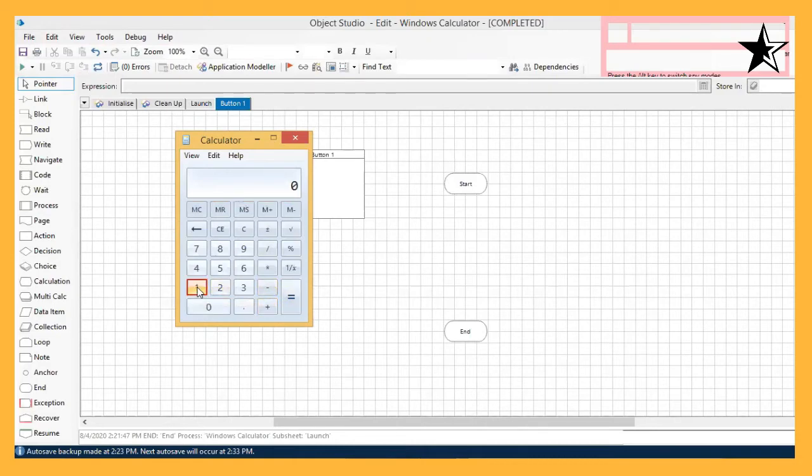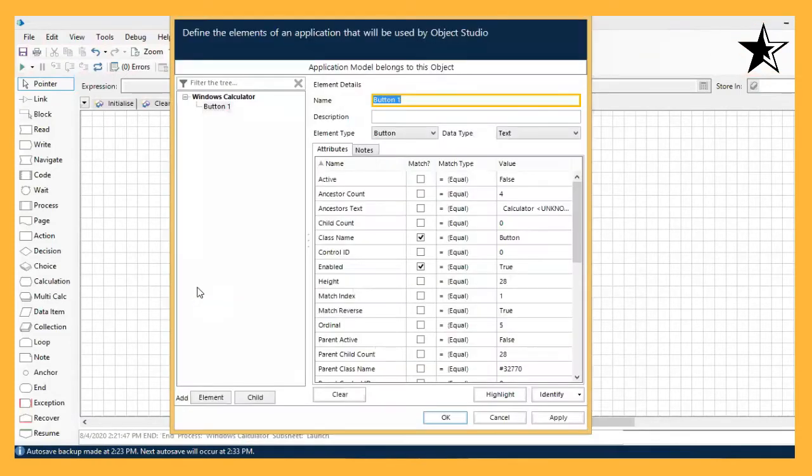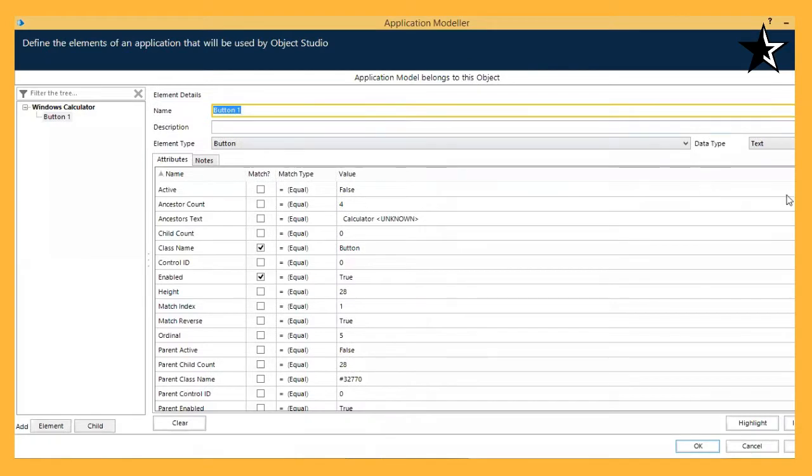I select that button by pointing the mouse toward that and click Control and left click. Just remember, Control and left click. You have to press that. Okay. So now you see the attributes window has been filled with some attributes. Okay. I just maximize it.